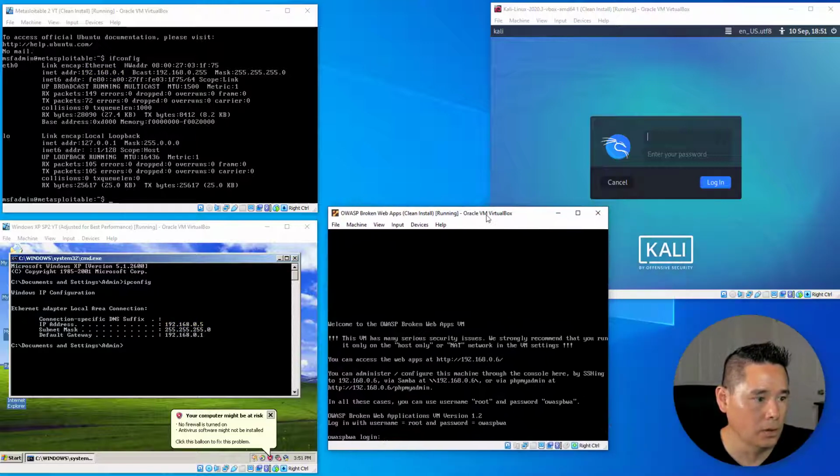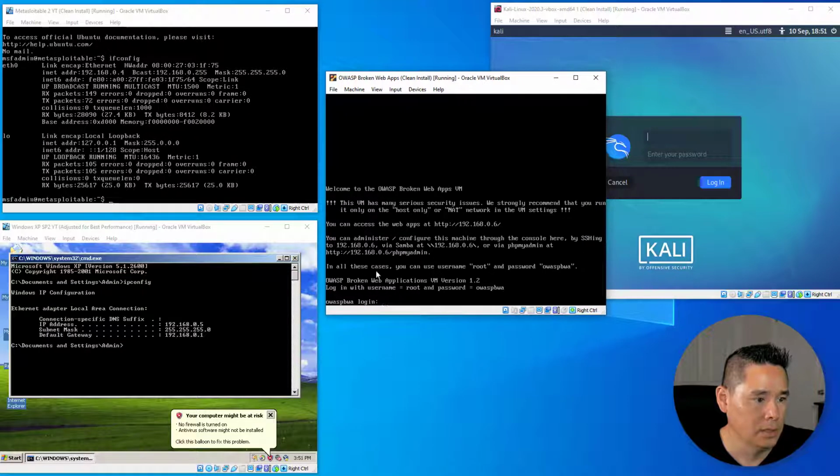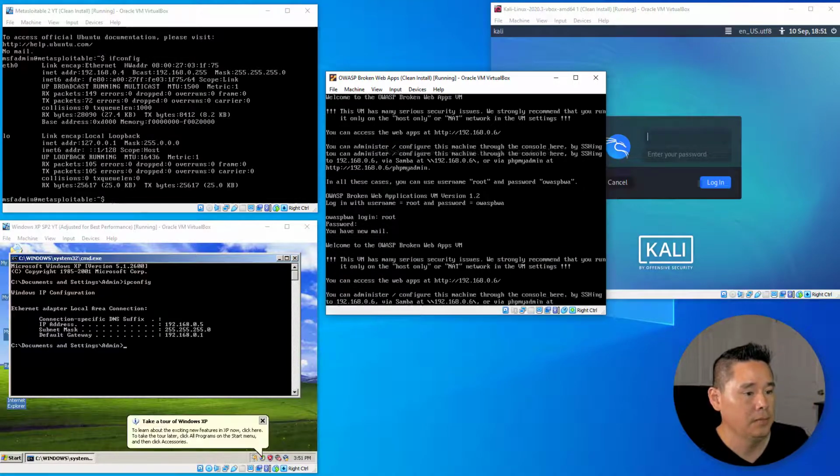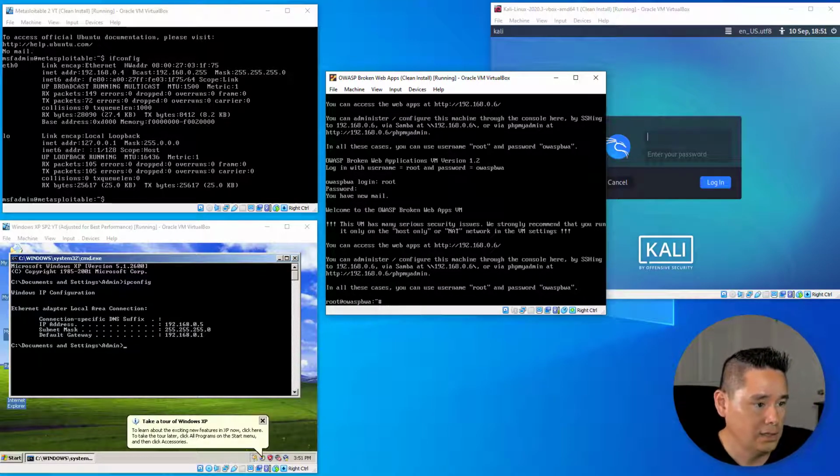We're going to go to our OWASP Broken Web Apps. And again, the username and password is listed right here as well. I'll get my highlighter out. Username is root, and the password is OWASPBWA. So we're going to go ahead and log in, root, and OWASPBWA. And it gives us the IP address. We don't need to do an ifconfig. It shows us that the IP address is